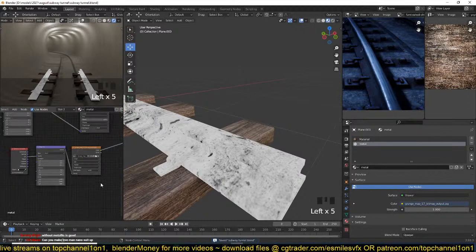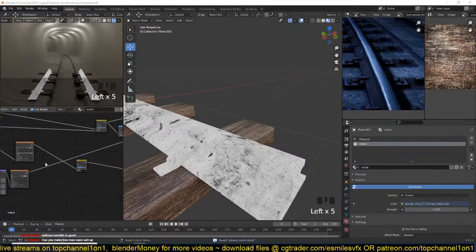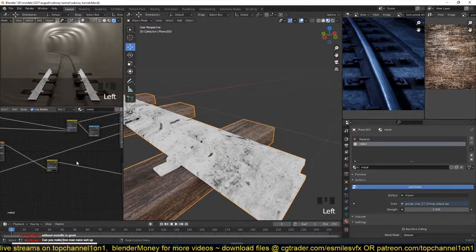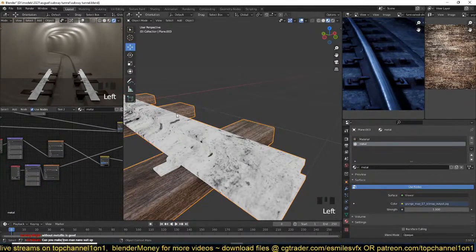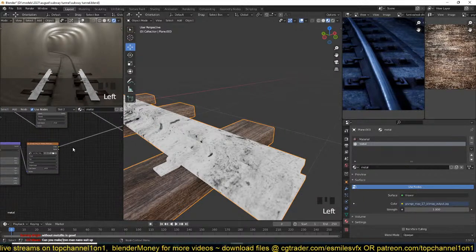Without metallic is good. Okay, let me get back to that for a second and see. So what was I doing? Okay, we want to create those stretched reflections there. So what we can do is just grab